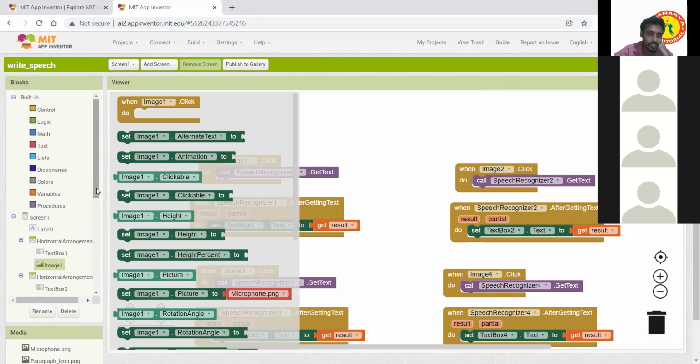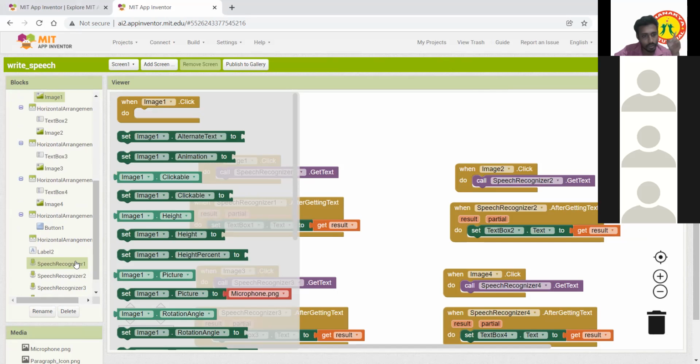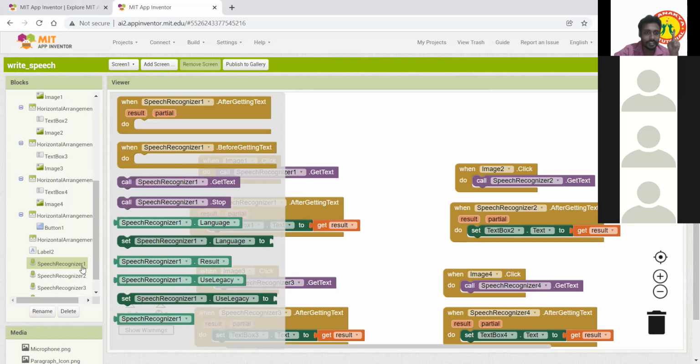Then go to speak recognition 1. For image 1 you need to take speak recognition 1, and take this one called speak recognition dot get text.